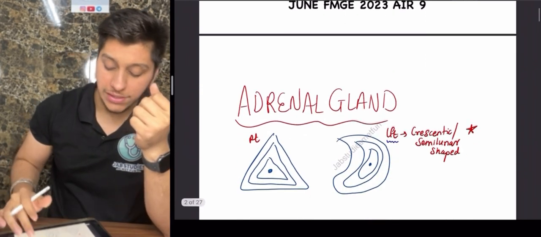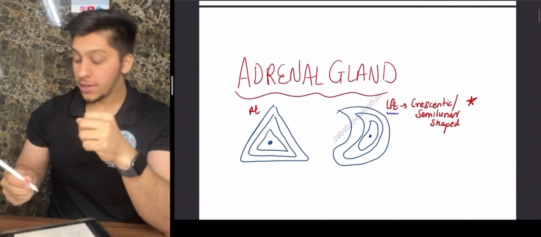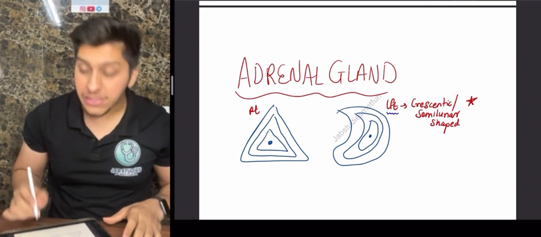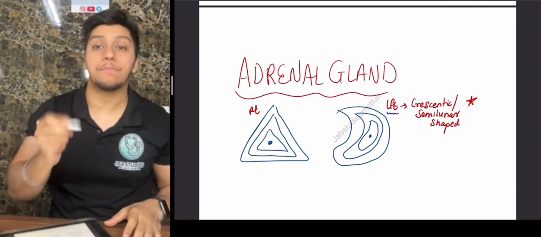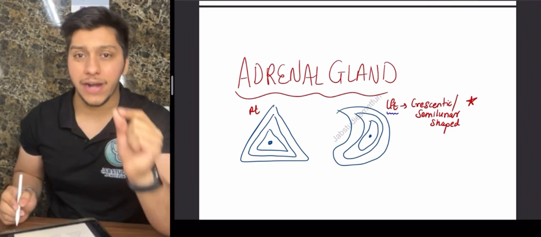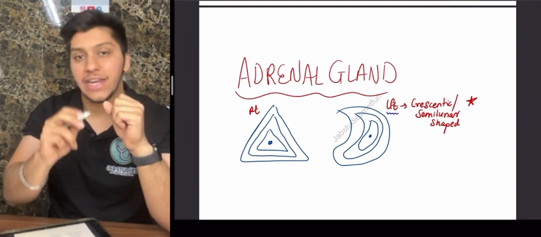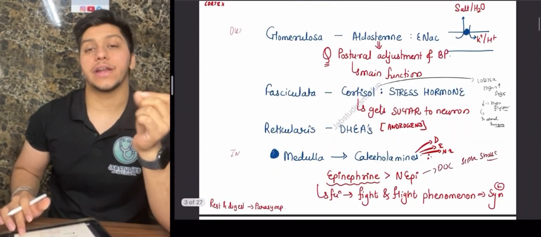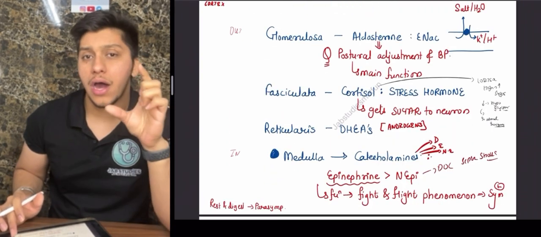The first thing you need to know is the shape of the adrenal gland. The right side is triangular, while the left-sided adrenal gland is crescentic or semi-lunar in shape. So please remember this: the right side is triangular, while the left side is semi-lunar. Now, the adrenal gland is divided into two parts, a larger cortex